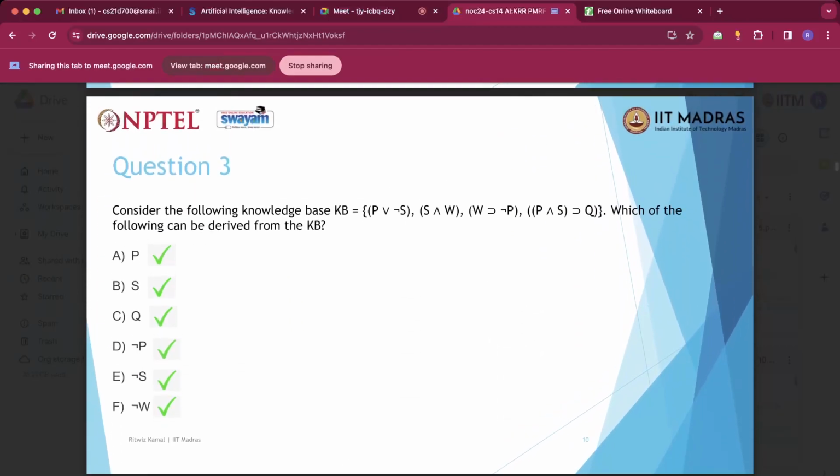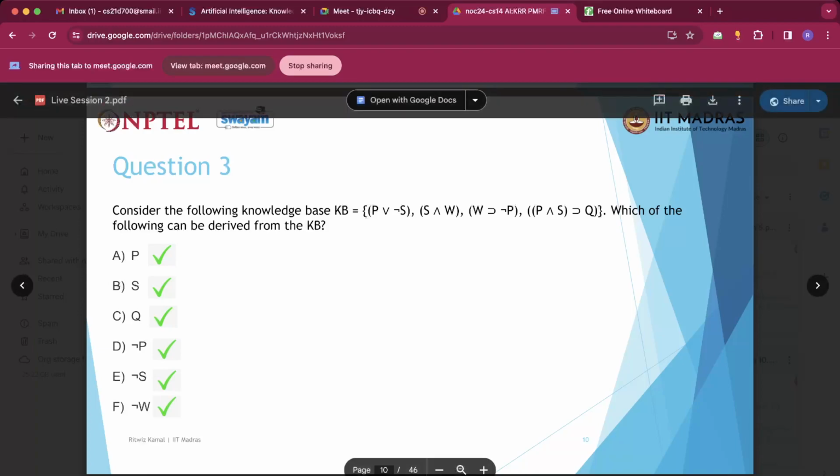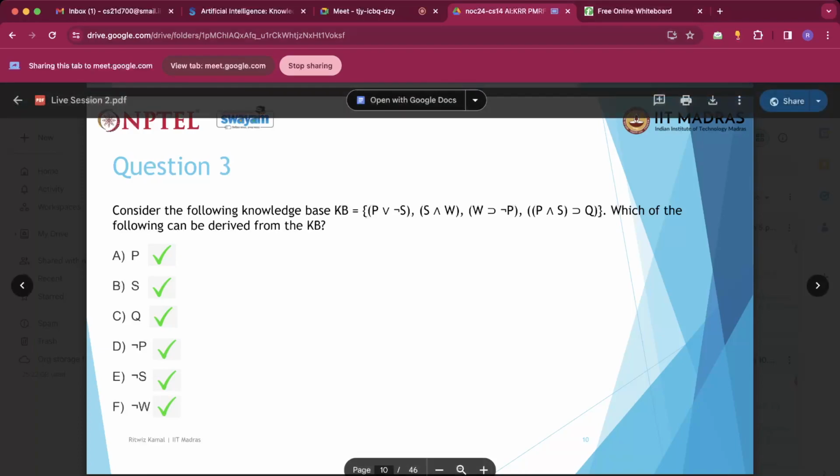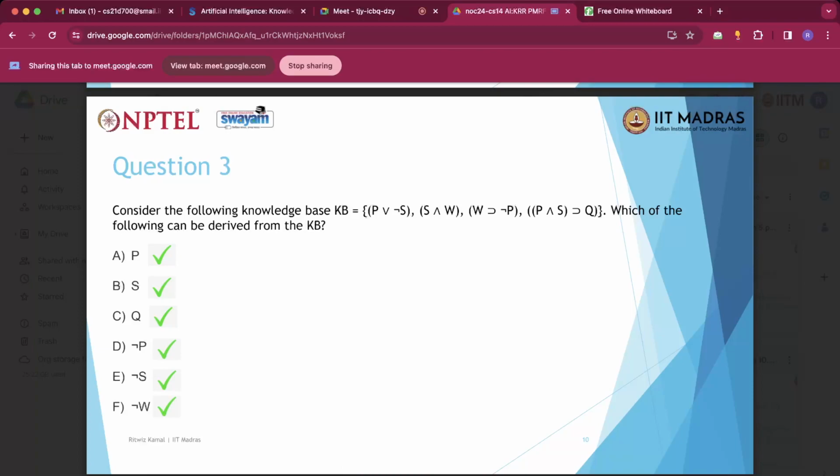So as we see, we can derive all of these options given over here. We can derive P, we can derive S, we can derive Q, not P, not S, and not W as well. Sure. So remember we had derived P, right? Using this W implies not P and not, and